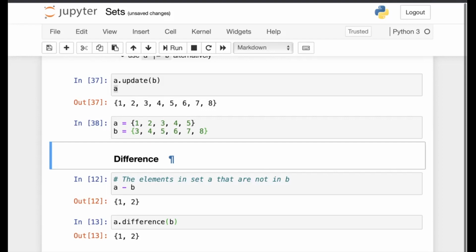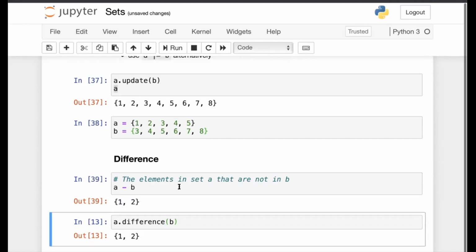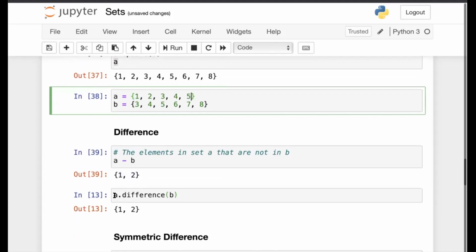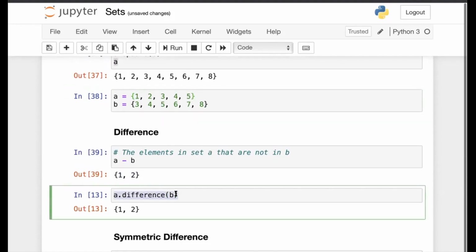So let's suppose we want to find all the elements which are present in set A but not present in set B. Then you can write A minus B. A minus B gives you all the elements which are present in A but not in B. As you can see here, A contains the elements 1, 2 which are not present in B. 3, 4, 5 are present, so they would not be taken. Or you can use the difference method, A dot difference B.